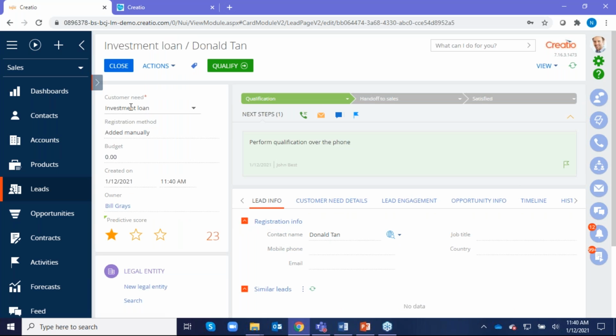As soon as I create a new lead, you can then see that a predictive score has automatically been kicked off to say that the likelihood of this individual becoming a full-blown customer is about 33% because it's 1 star out of 3. So this is another lead scoring, which is, by the way, enabled out of the box, so that you can use it from a lead perspective, from a sales perspective, to understand when a new lead comes in, what is the likelihood of the customer actually turning into a customer, right?